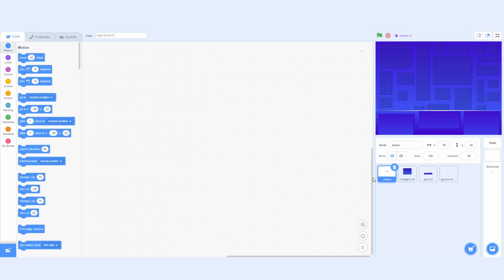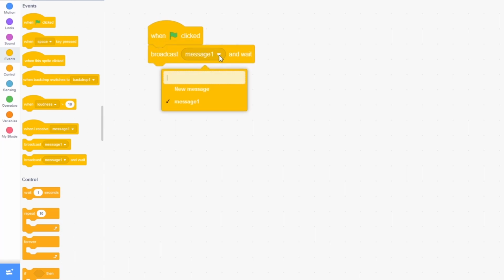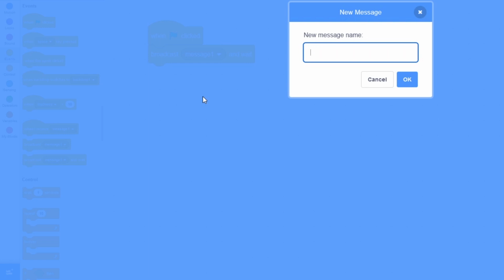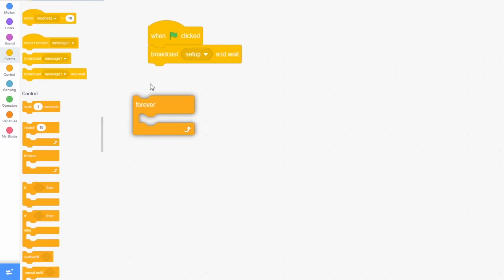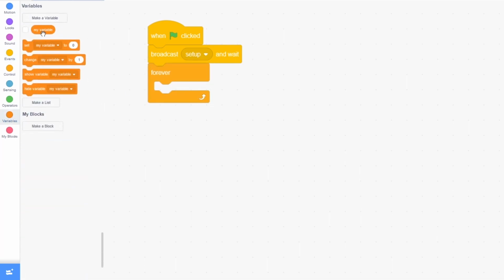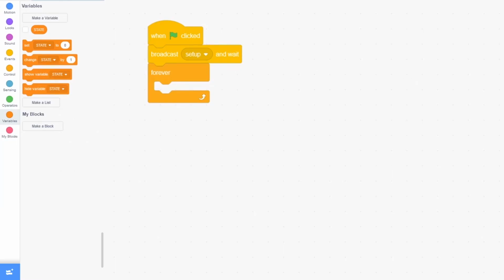Now let's go back to this player. When green flag clicked, broadcast message 1. I'm going to click the down arrow and press new message and call this setup, and then scroll down to control and drag out a forever loop and click on variables. I'm just going to, instead of deleting this, rename this to STATE, all capital, and go